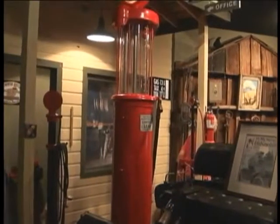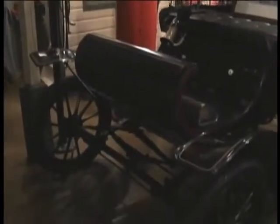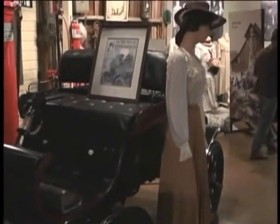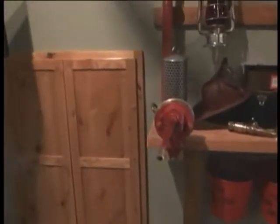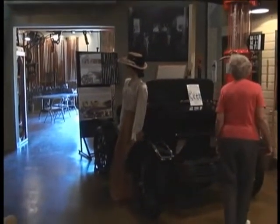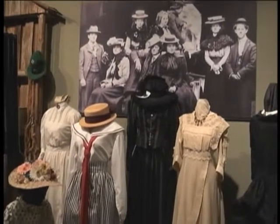Replica of an old gas station. And a horseless chariot. Little fireman's display. Fire bucket and a fire extinguisher. And a hand crank siren. Never explain those milk things over there, how they do the milk. Display of